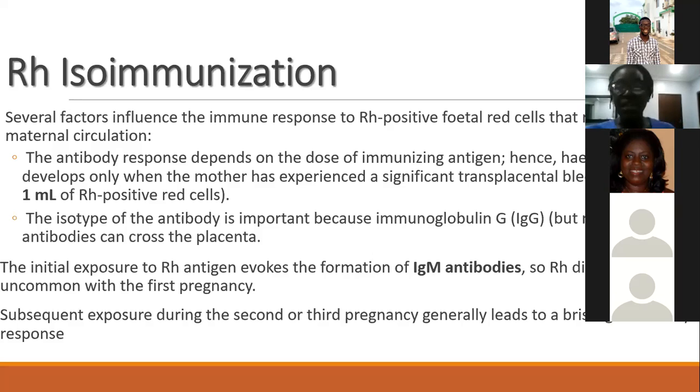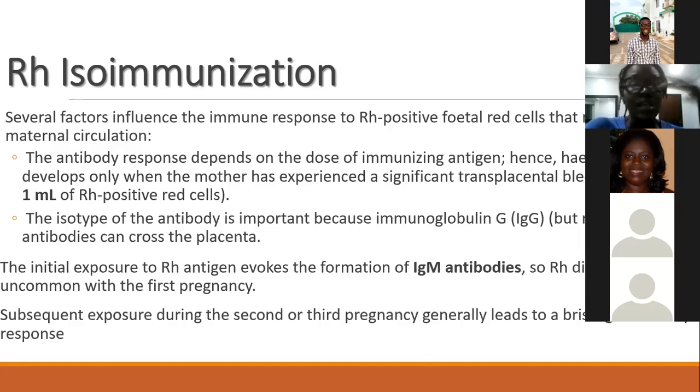So usually in the first pregnancy, nothing happens because during the pregnancy, there's no mixing of blood between the mother and the fetus. It only occurs either during delivery or if she gets an abortion or there's a termination of that pregnancy. But during delivery, once just about 1 ml of the rhesus positive red blood cells gets into the mother's circulation, it stimulates her immune system to produce antibodies against this blood. If the obstetrician doesn't take note of the difference in the blood group and the woman delivers normally, there will be no problem. But if nothing is done,